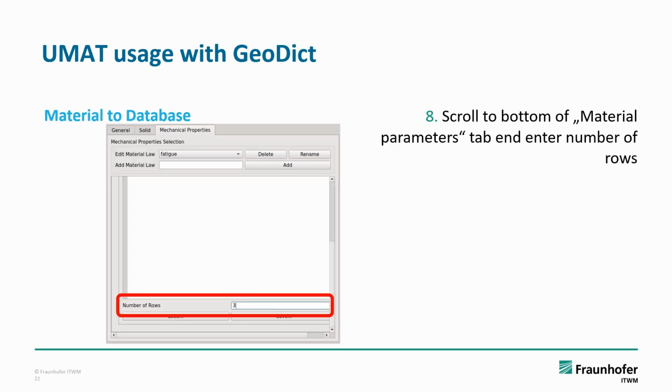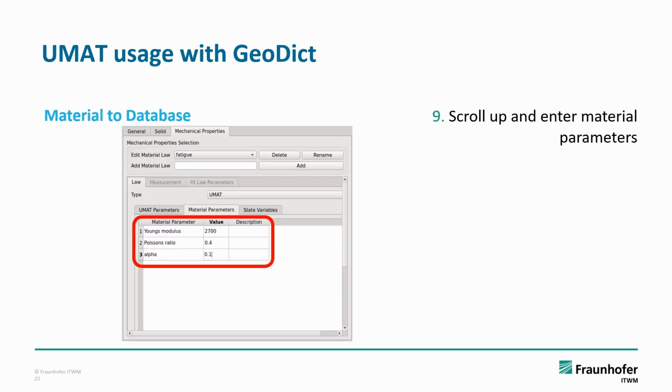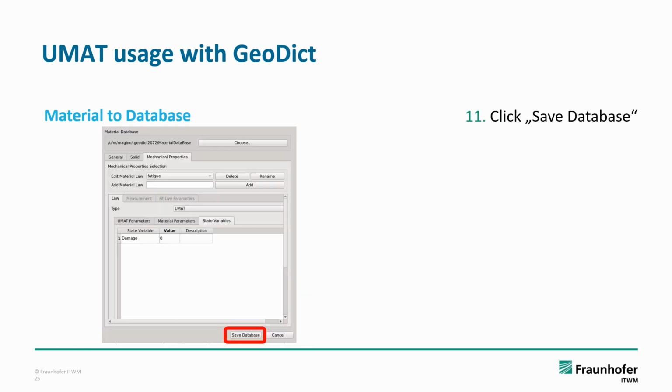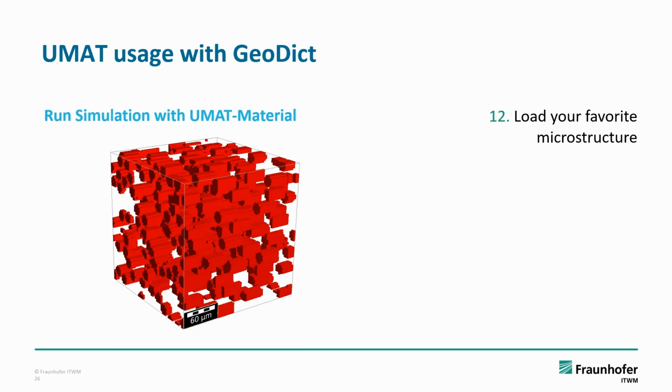In our case, we need 3 material parameters. You have to scroll to the bottom of the tab. It's a bit hidden. And then you can enter the number of material parameters that you want to define, and subsequently also define them. In the last step, you need to define the number of state variables that you want to have. In our case, it's the damage variable, so it's just 1, and the initial value is set to 0. Finally, you can click Save Database, and you will be able to access this material in the GeoDict